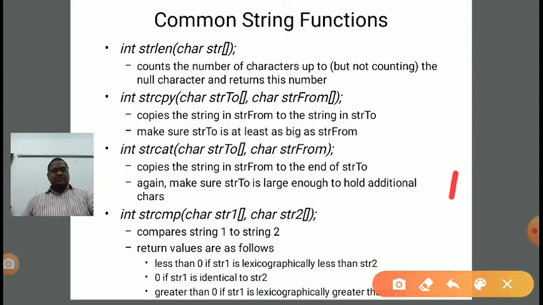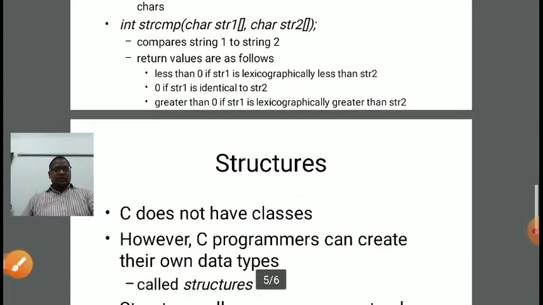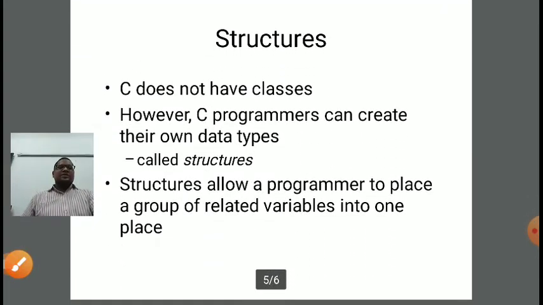Now next concept is structure. What is a structure? A structure is a collection of different data types. Suppose I am taking an example. If I want to enter student details, which comprise his roll number, that is of integer type, his name, that is of string or character type, and his account balance, that may be of float or double type. So it contains different data types.